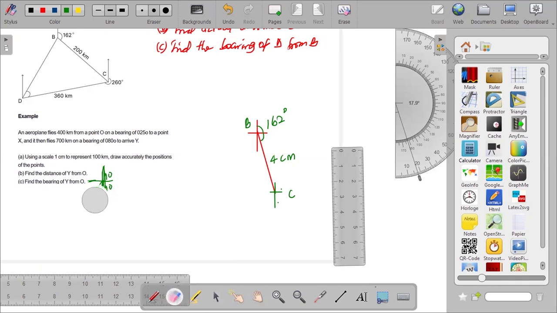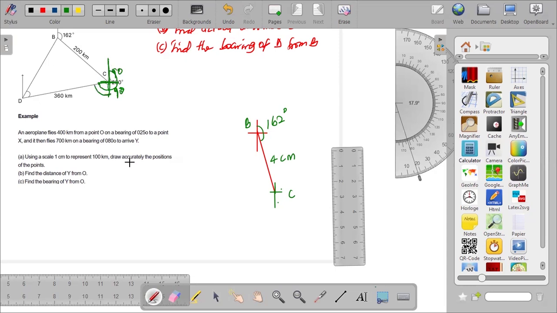Let me explain again. This angle here, as shown on this diagram, is 260 degrees. That is from here to here is 260 degrees. There is no way you can get 260 with a protractor. Then we know that if I drop a vertical line like this, then drop another horizontal line like this, here is 90, here is 90. So if all the way like this to this very line is 260 degrees according to the question, and this side is 180,